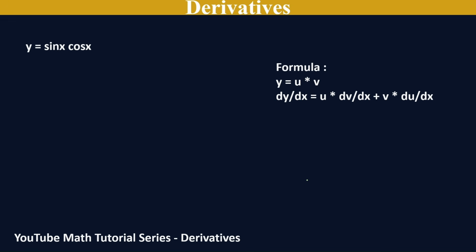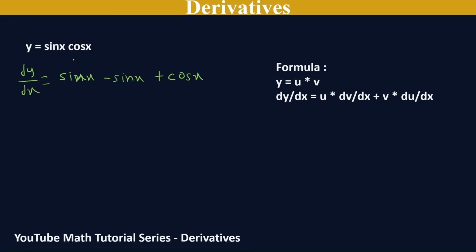So our equation is y equal to sin x into cos x. It is in the form of y equal to u into v, right? So derivative in this case will be u into derivative of v plus v into derivative of u. We just have to apply this formula. Derivative of y with respect to x will be equal to u, in this case sin x, into derivative of v. Derivative of cos x is minus sin x, again plus v is cos x